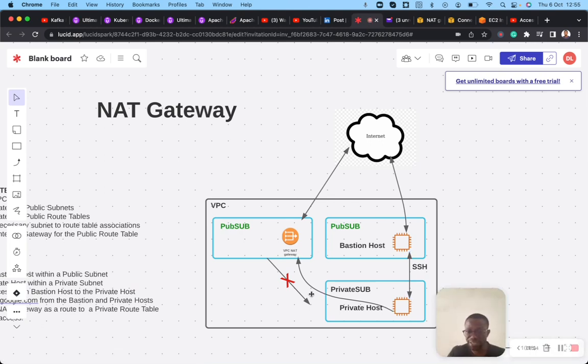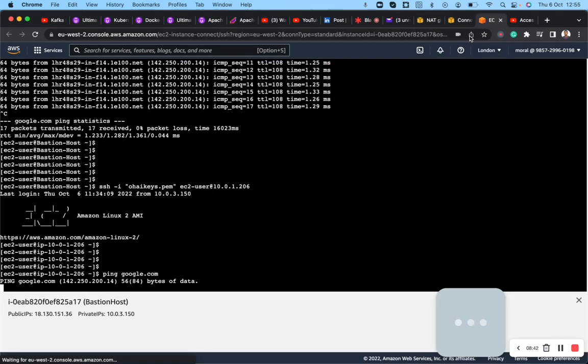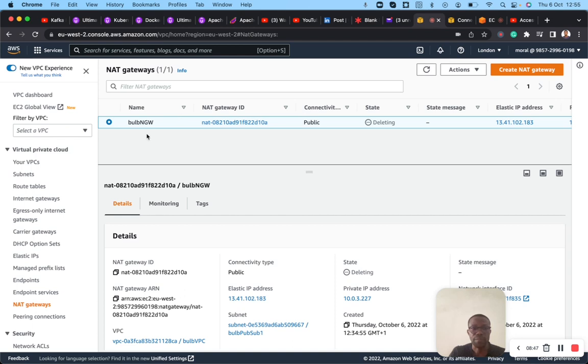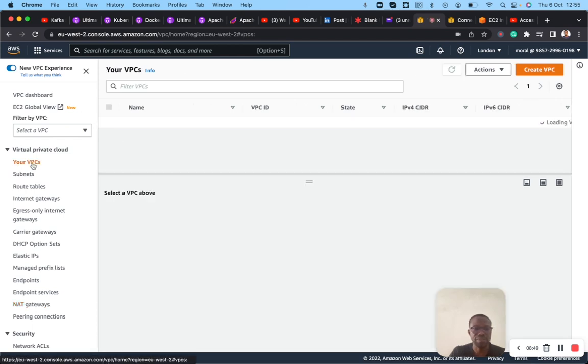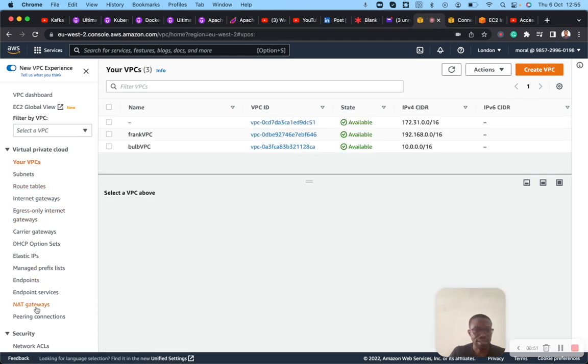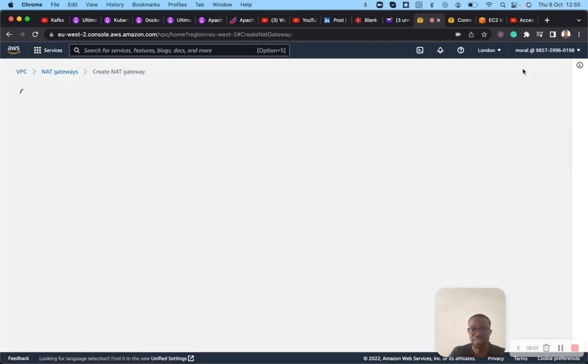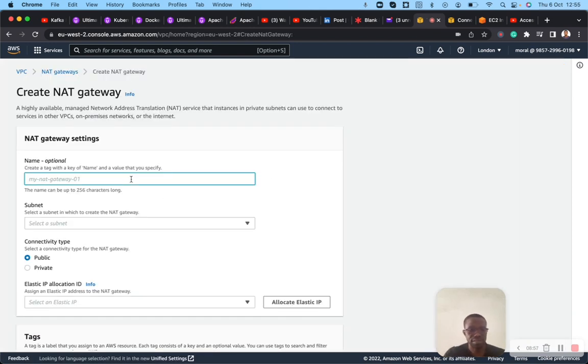Now, for us to establish this route, we need to go to the VPC and set up a NAT gateway. So for that, let's hop onto VPC. Let me terminate this. Go to VPC and NAT gateway, and let's create a NAT gateway. Let's call that